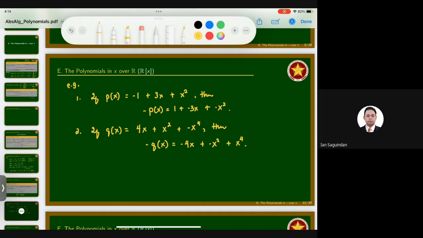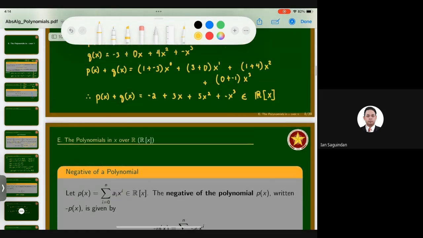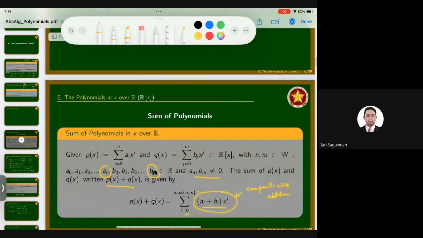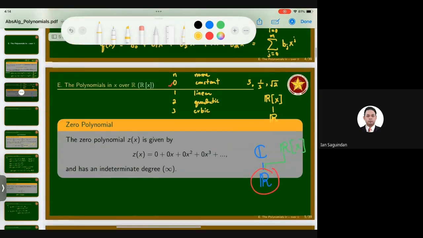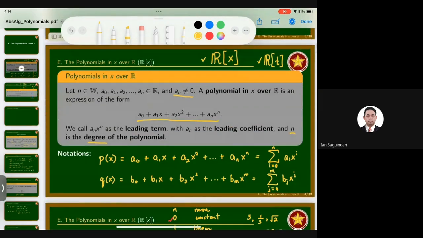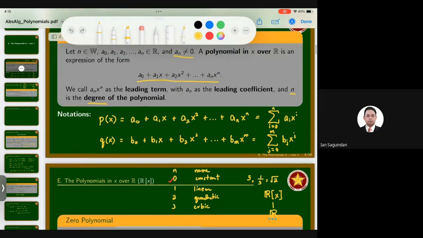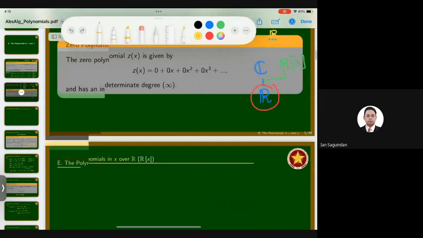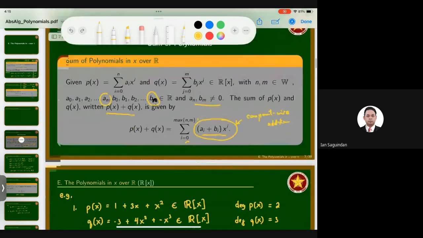Okay, so some of you might wonder, why are we fixed in using plus negative instead of introducing the minus sign? Well, actually, it all boils down to the definition of the polynomial, that the polynomial should be presented in the form of the summation. It is always presented in the form of the summation. So actually, when you have a polynomial with a minus sign, it is somehow considered to be an illegal presentation as far as abstract algebra is concerned.